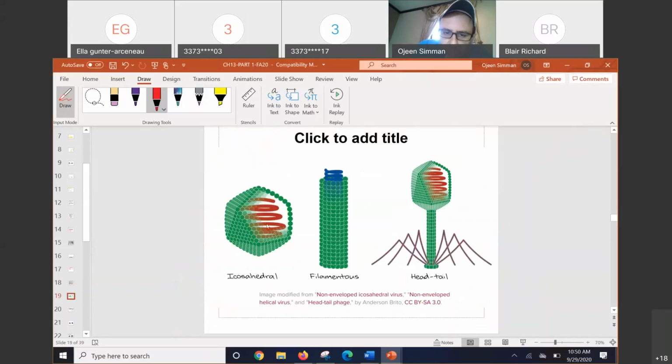So I always give pictures and ask you to define what the capsid looks like. Is it filamentous, head-tail, or